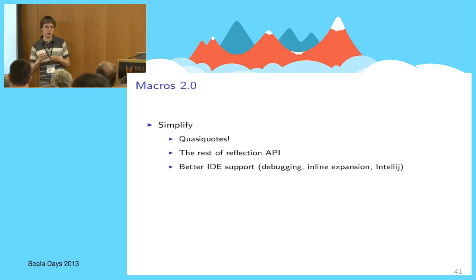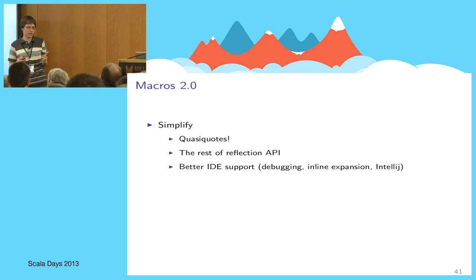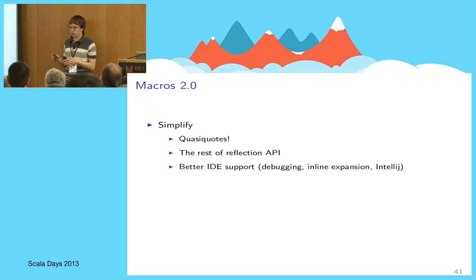The first step were quasiquotes. Well, you guys who have already written macros and complex macros, you know how painful it is when reify doesn't work and when you have to generate trees all by yourself manually. It literally gives rise to these listings, and it's completely impenetrable, right? But with quasiquotes we make sense of this. And macros in Macro Paradise become so much simpler. It's unbelievable. I was on both sides of the fence because for one macro project that I was involved in, I had to use reify for some time.